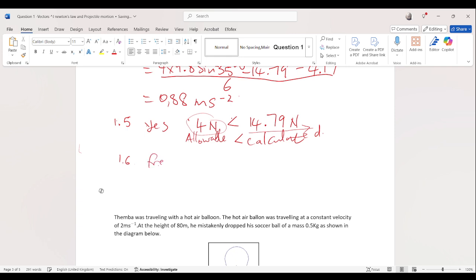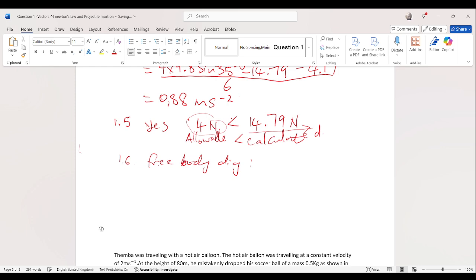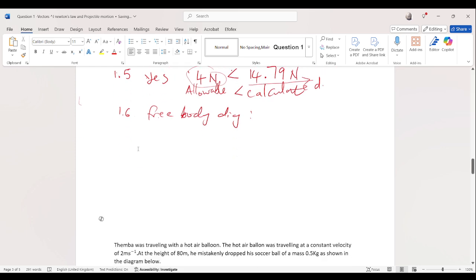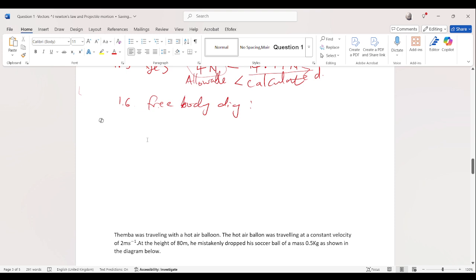Now the free body diagram will be as follows. You can't solve Newton's law without a free body diagram and resolving your forces in the x and the y's,